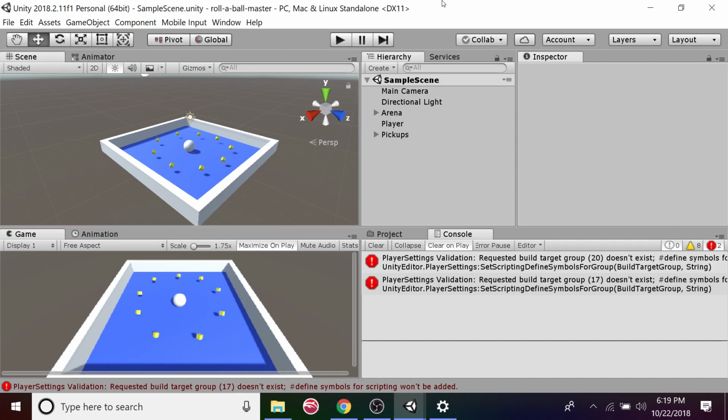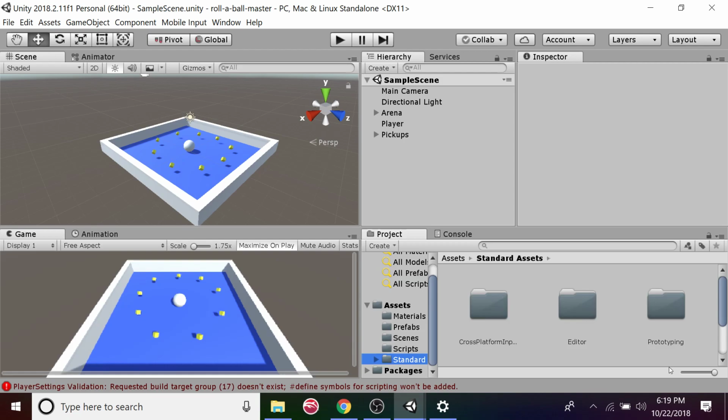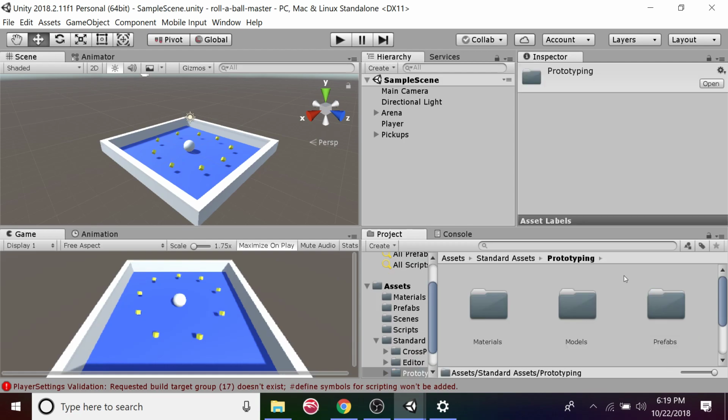Okay. So yeah, it's really your... Awesome. Okay. Is everyone good? Does everyone have the prototyping folder? So under project, you should have standard assets and then prototyping. Okay, so now that we have that,